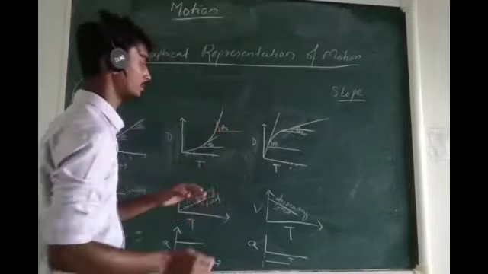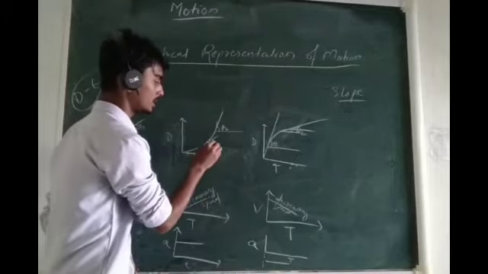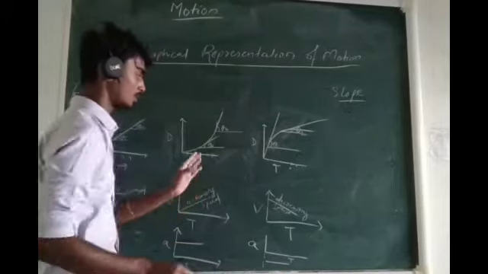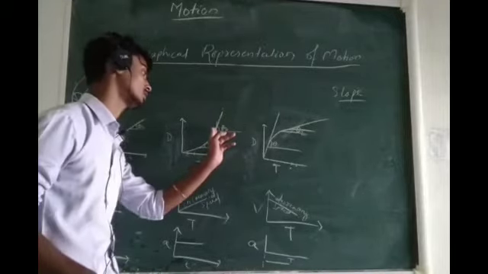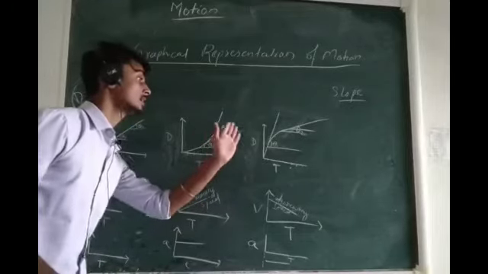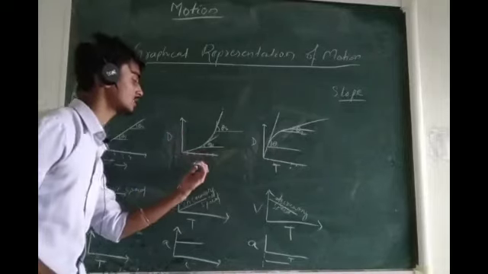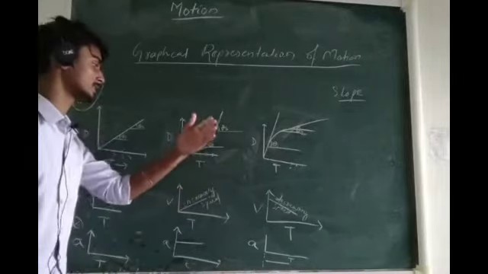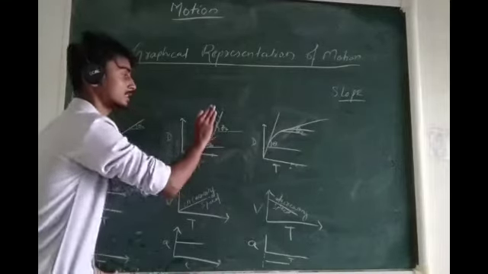Find out an angle and name it theta 2. Here it is clearly visible that theta 1 is lesser than theta 2, or we can say that theta goes on increasing as we go on with the graph. So here we can say that the slope is increasing, or the change in y-axis with respect to x-axis goes on increasing, or the change in distance with respect to time goes on increasing.